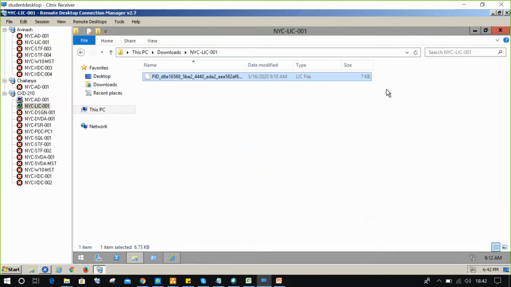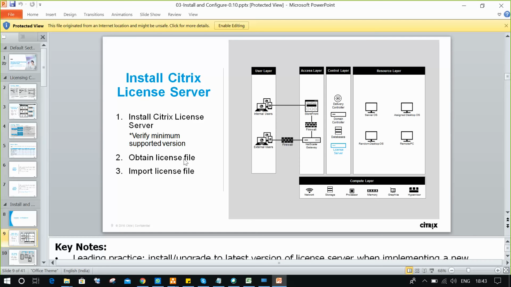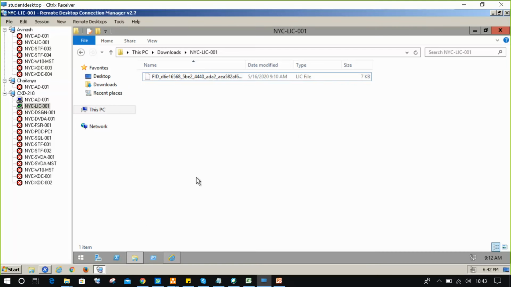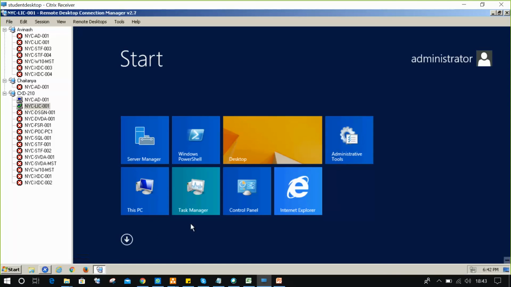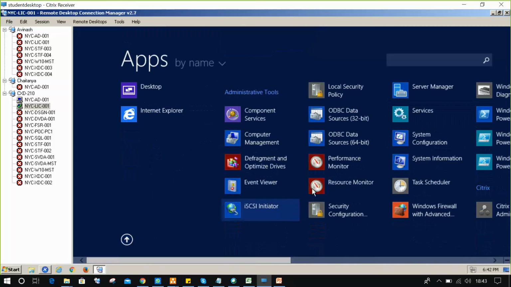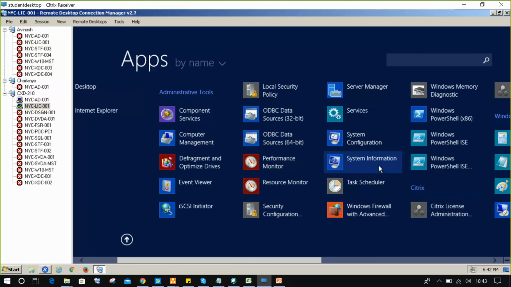Right. Okay. Fine. So the second step also completed, guys. Obtain license file is over. Obtain means you have to take in. So I downloaded. How to import the license file? So in the license server, go to start, click the down arrow key, and here we have an option called Citrix licensing.